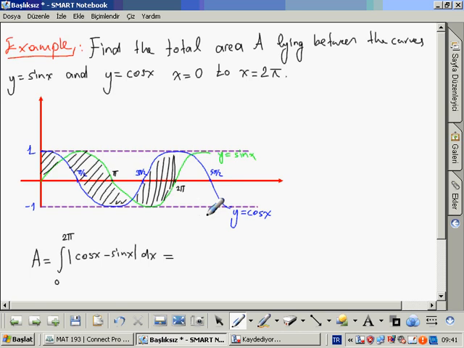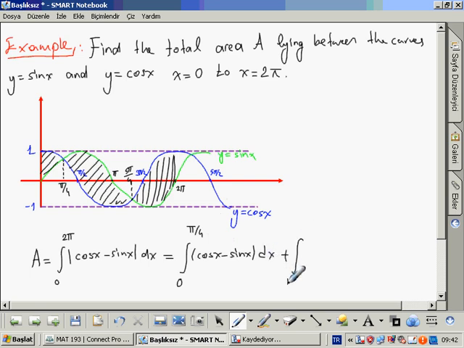As you see, this point is pi over 4, and this point is 5 pi over 4. It's easy now: the integral from 0 to pi over 4, where the upper function is the cosine function, of cosine x minus sin x dx,